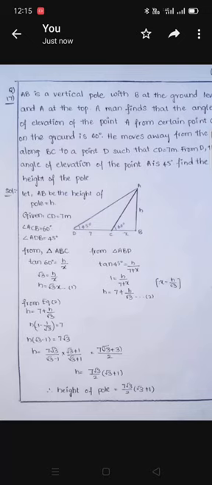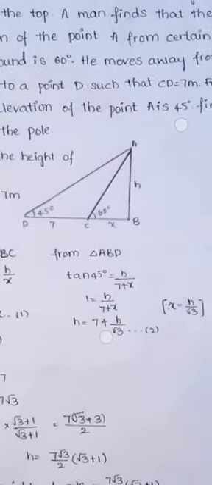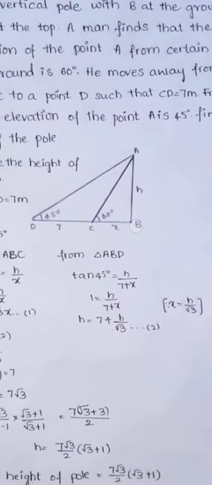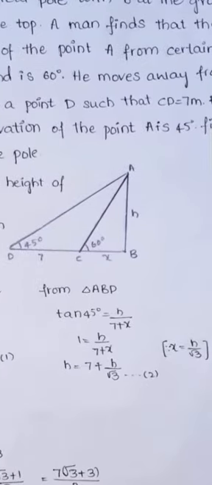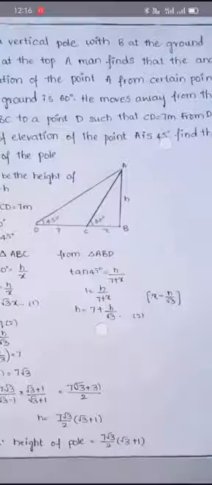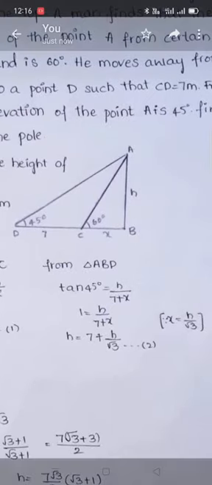Now we have to observe the two triangles. First one is triangle ABC. We are observing this triangle ABC. From this triangle, the angle of elevation is 60 degrees. I am going to find tan of the elevation. So tan 60 degrees is equal to the opposite side AB bar